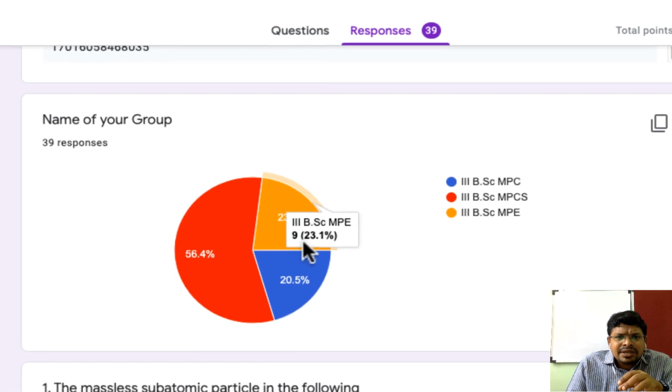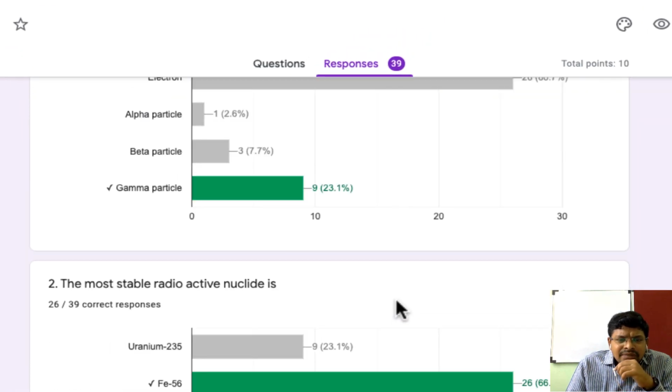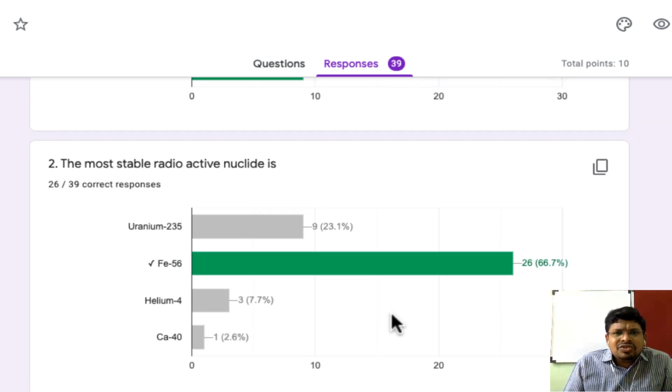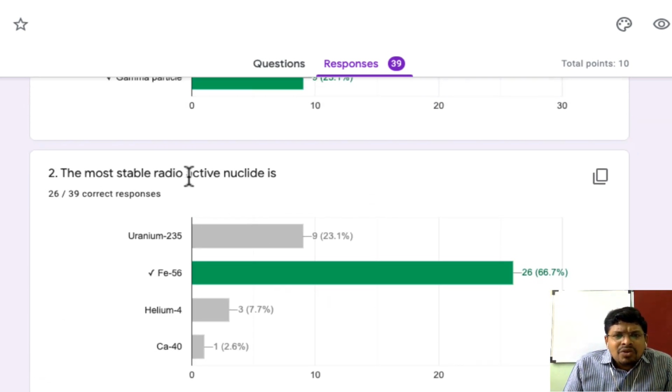You can see the number of answers like this, and you can see each question. Suppose here, for most stable radioactive nuclei, iron, 26 members have given this answer, and 9 members have given a wrong answer. This green color indicates the correct answer. You can see how many people have responded.